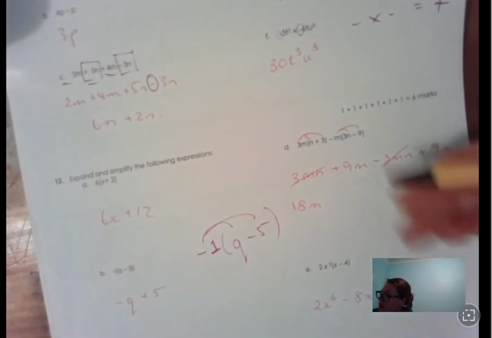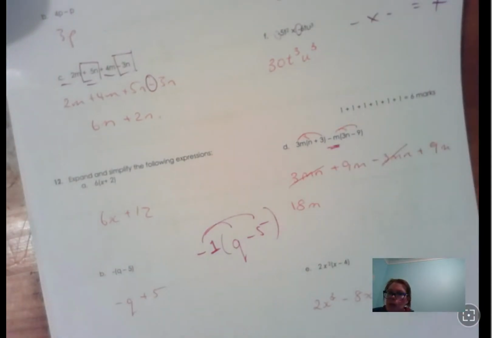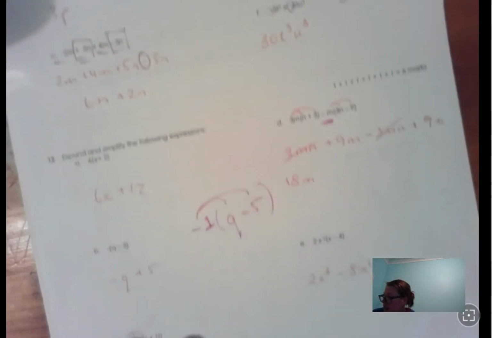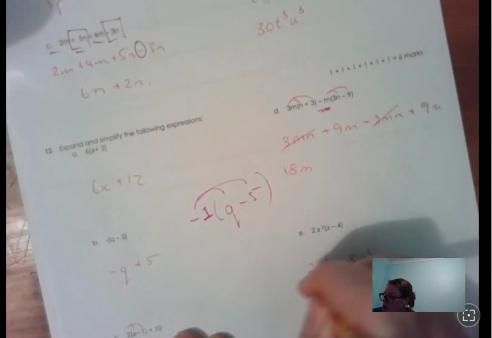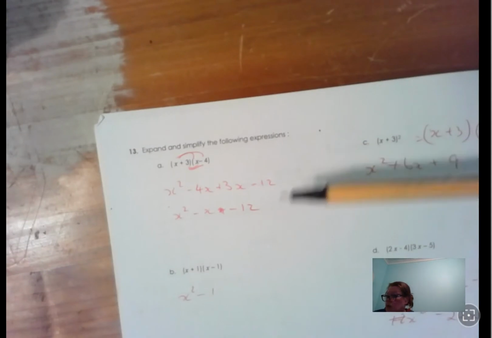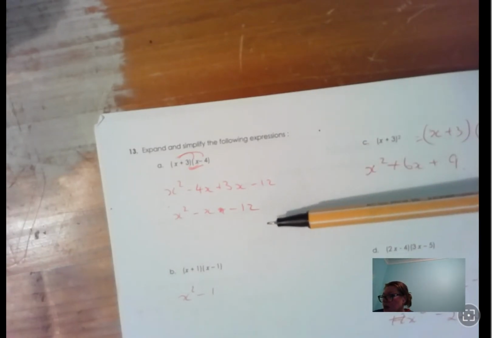Expand and then simplify, again, it was this negative that threw people off. It changes everything in the middle, so it becomes opposite to what it was. And the last one, a lot of people managed to get this but then forgot to multiply the 4 as well. Great work on this one for the most part. A few people,